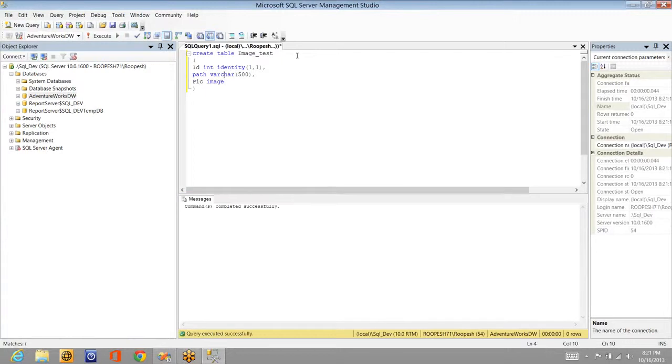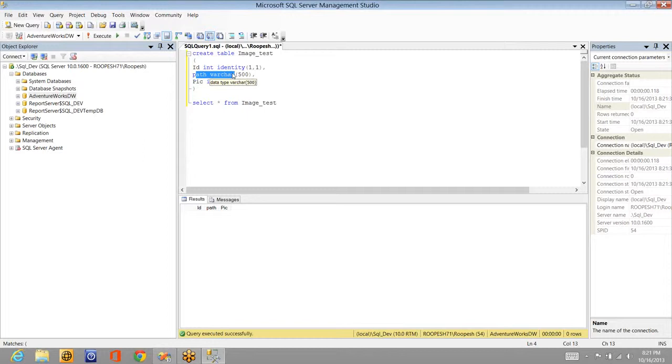So if I execute this, I created a table with 3 columns. One is identity, so that means I have to pass the data for the remaining 2. And these 2 are not mandatory columns; they are nullable columns. So whether you pass them or not, this column will accept only images and this one will take only varchar kind of data.